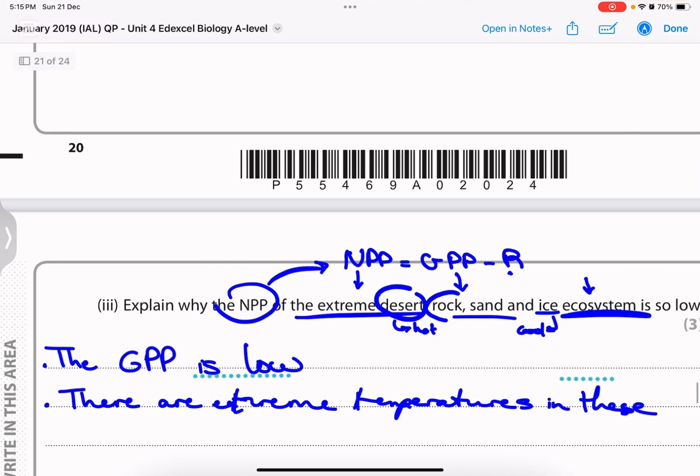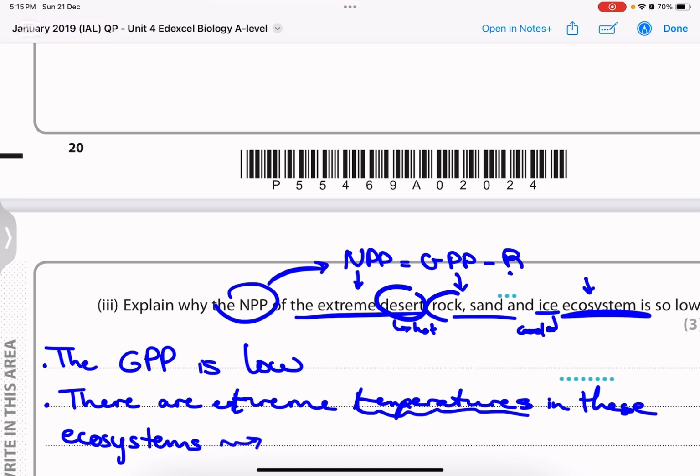Then you can also say something about the temperature, about how they are extreme, or what they affect in the ecosystem,